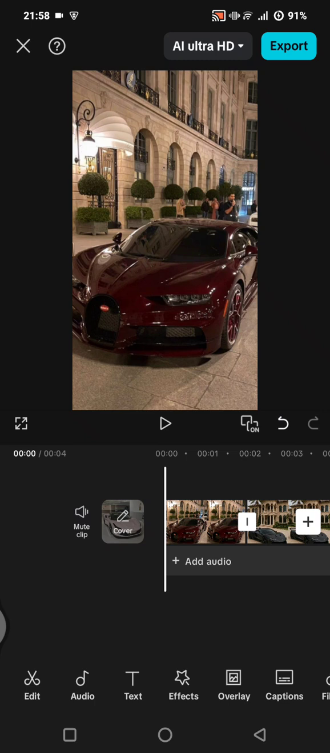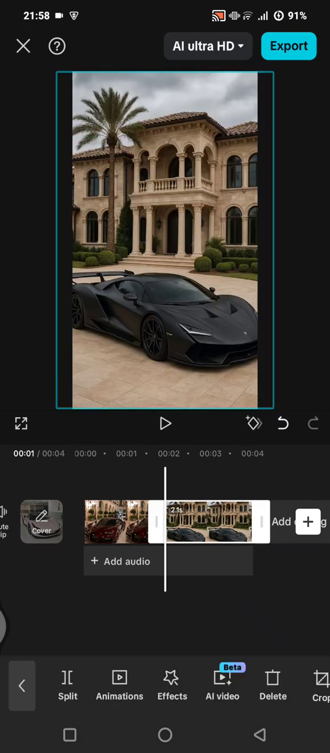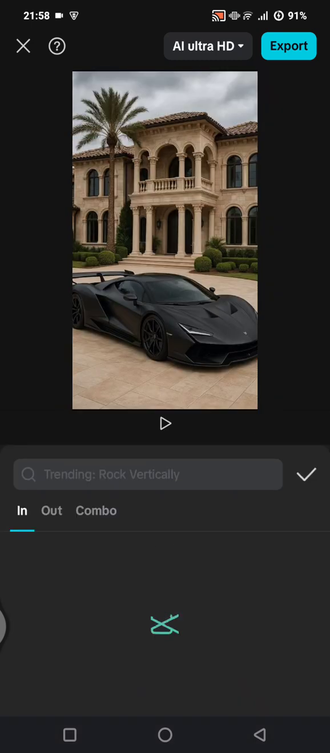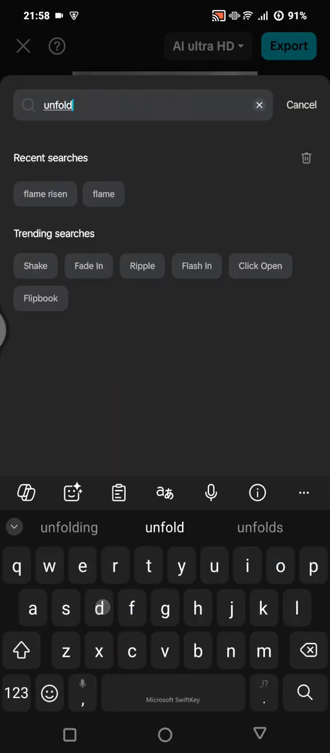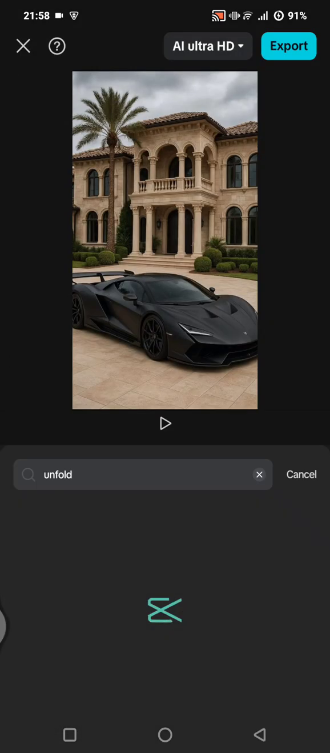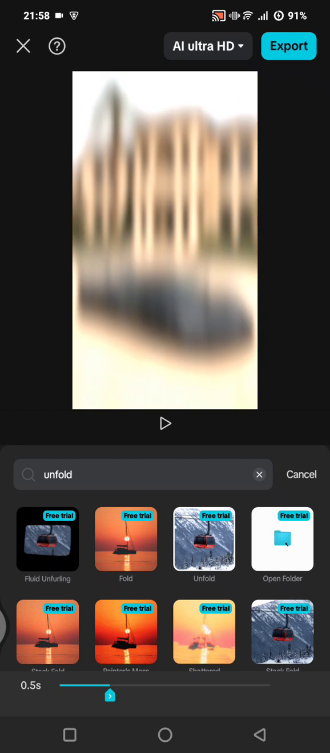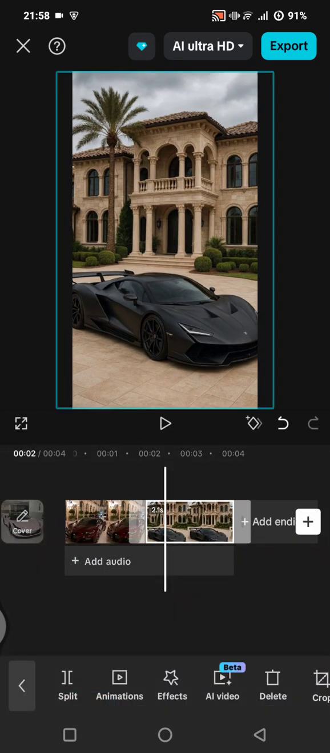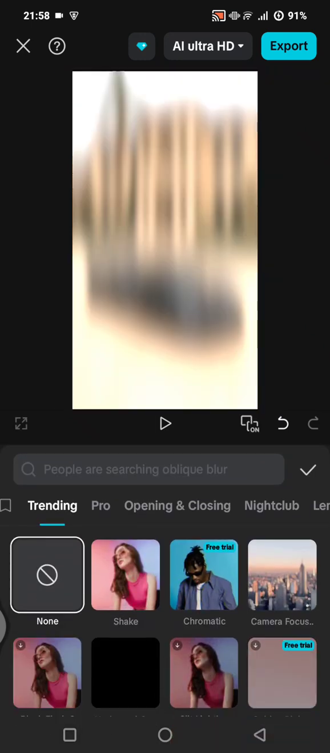So first you can just add your videos into CapCut, videos or photo. And first, I'm going to just click on a second photo in here and go to animations, and in here find the unfold animation. This one, add it into your clips, and then you can also now go to effects, video effects, and add the ripple